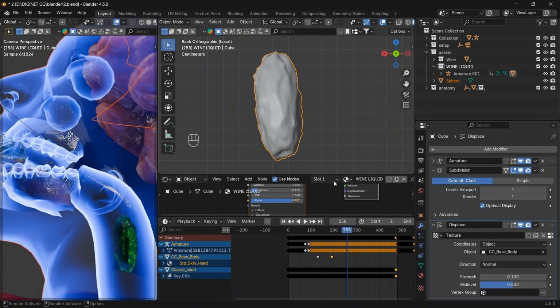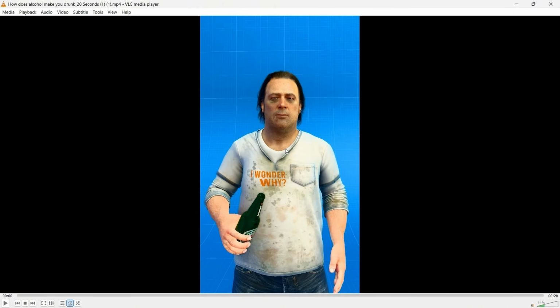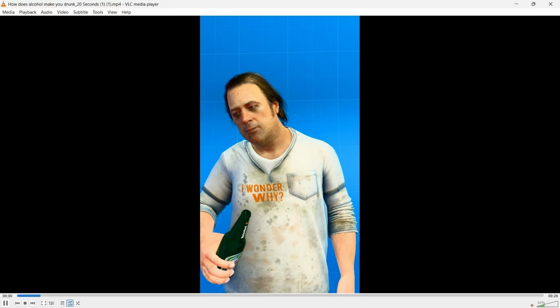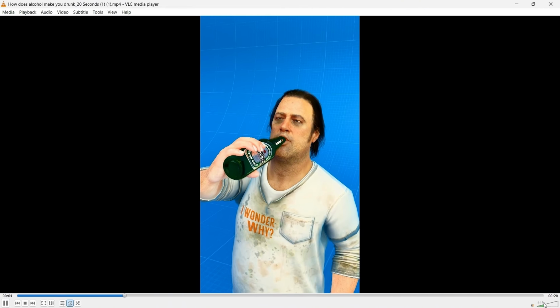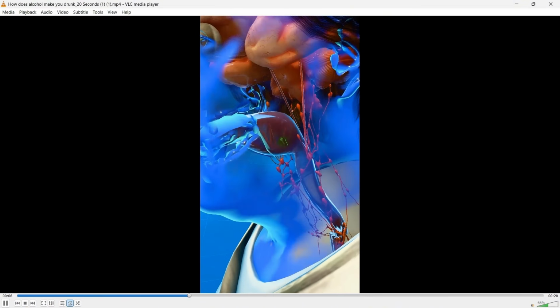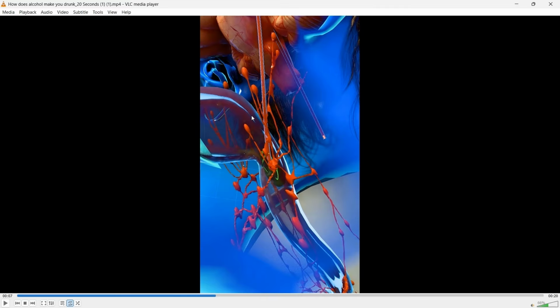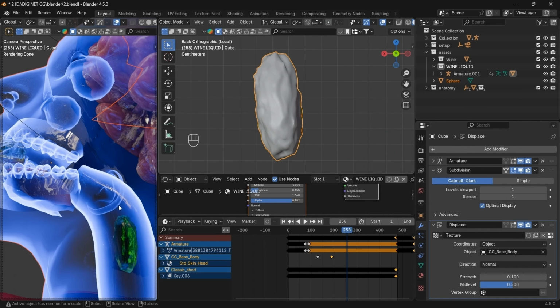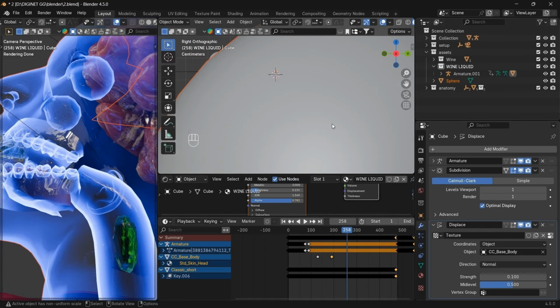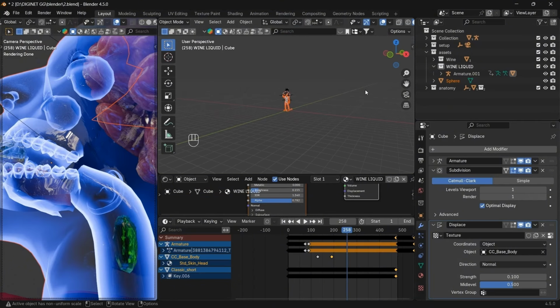Now let me see the reference video. This is our reference video. Okay, one more thing. As you can see in the esophagus, what we have done, we have completely made it transparent. But as you can see, there is some red part or the tissue part which is still there. But in our case, you can see there is no skin tissue or no reddish area. So for that, what we can do, simply,